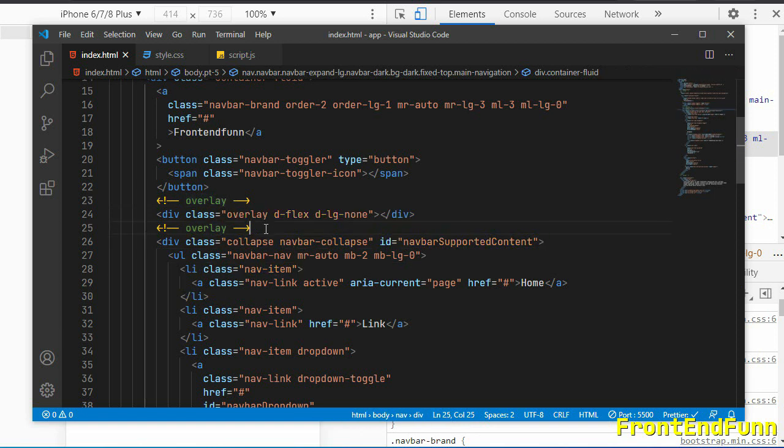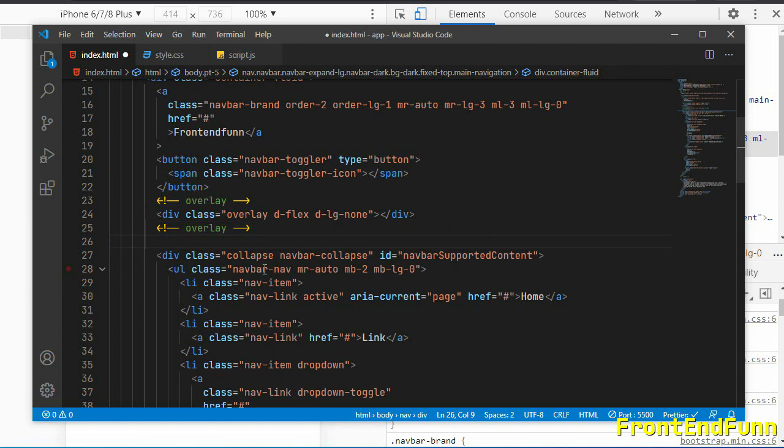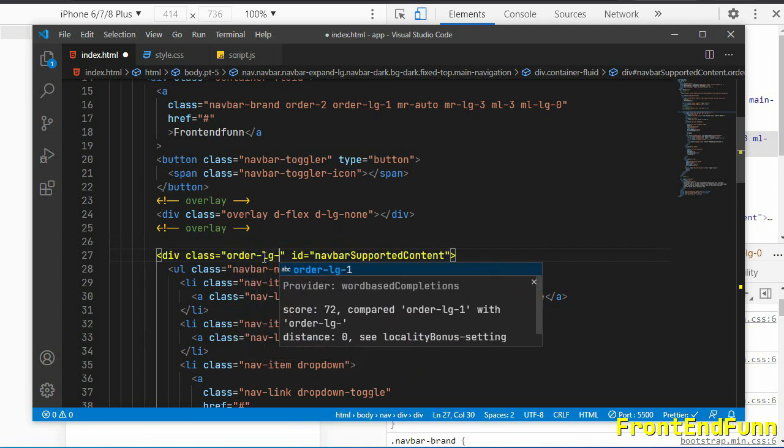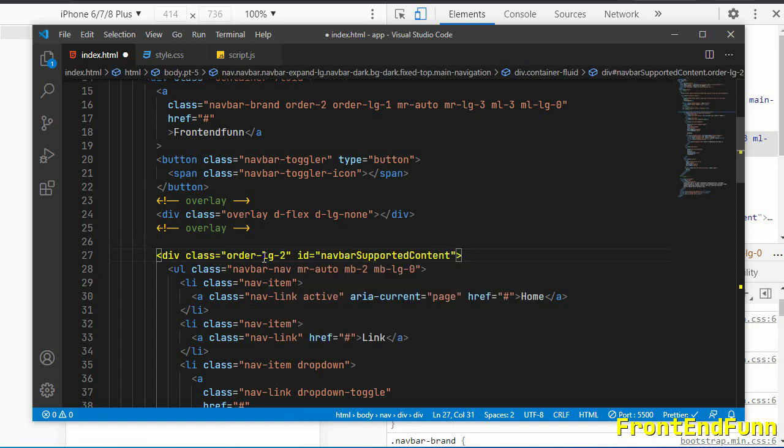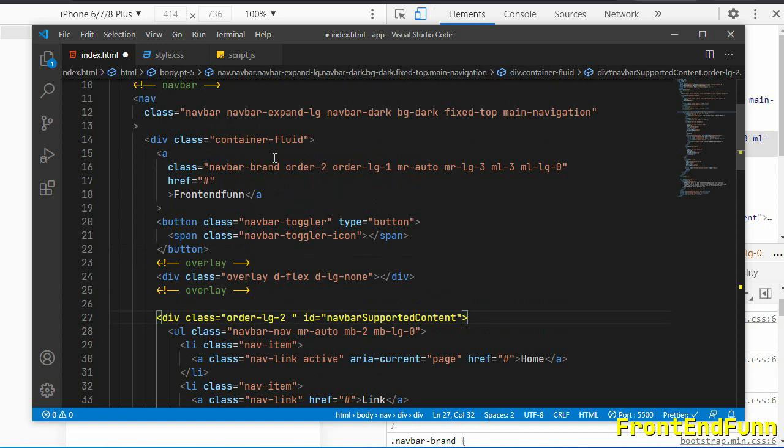Next, for the navbar-collapse, we can remove the collapse as well as the navbar-collapse classes here, and we can add some custom classes, that is order-lg-2, that is a Bootstrap class here. So we want this navbar to be ordered 2 on the large screens. Okay, and to maintain the same background color, what we need to do is add the background color which we applied on the navbar.